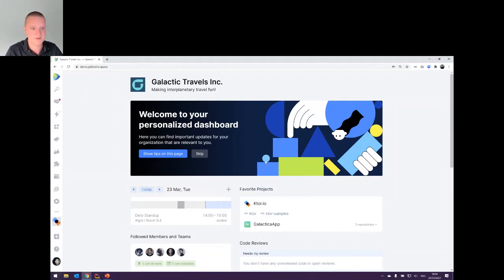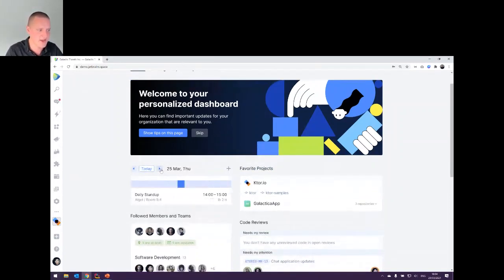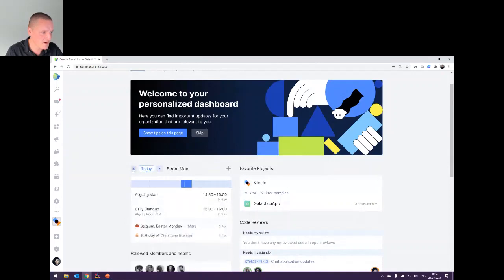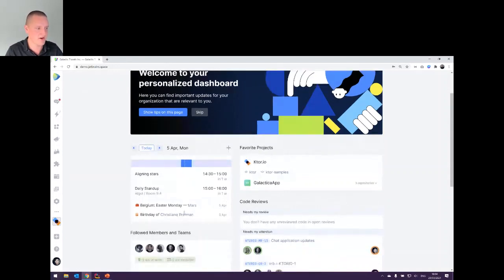And every user of Galactic Travels has a homepage here where they can see their agenda for today. Pretty boring because there's only stand-ups in there. I hope at some point there's going to be other meetings and other stuff in there as well. There we go. So apparently there's an Easter Monday on Mars at some point, and a colleague of mine has